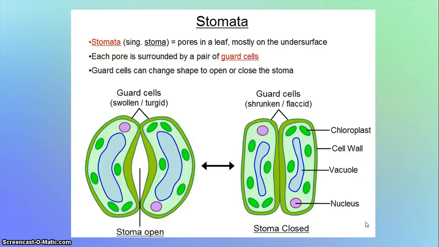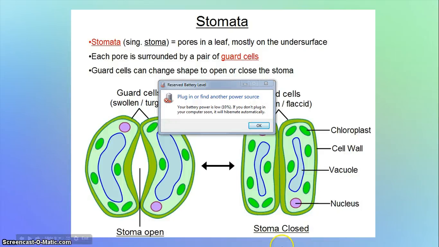Here's some more information on the stomata. They're made by two guard cells, and when the guard cells swell with water, they take on this crescent shape, and they make a hole, literally, in the bottom of the leaf. And that's where the stoma will open. Again, that's the name of the hole, the pore that is created in the bottom of the leaf. And gases can go in and out: a little bit of water vapor, atmospheric gases, so oxygen, carbon dioxide, that kind of thing. And when the guard cells shrink, or when they release some water and become a little more flimsy, they collapse on each other and that hole closes. So you can see the individual cells here with their cell parts. And again, when the guard cells swell with water,